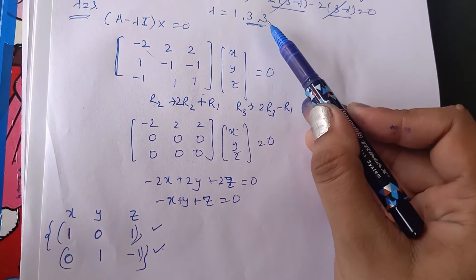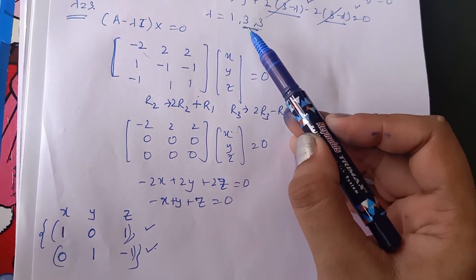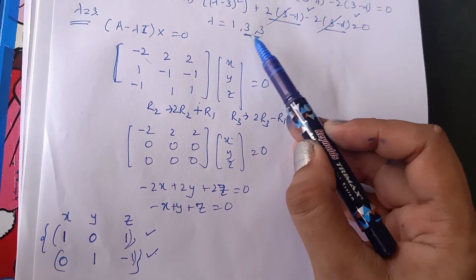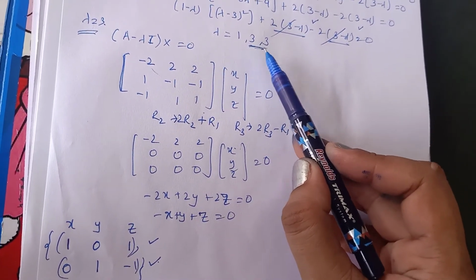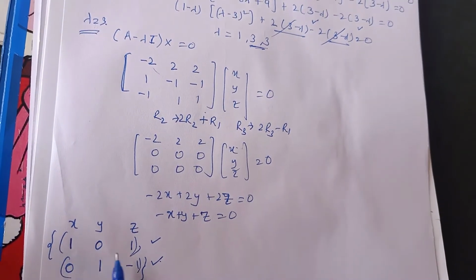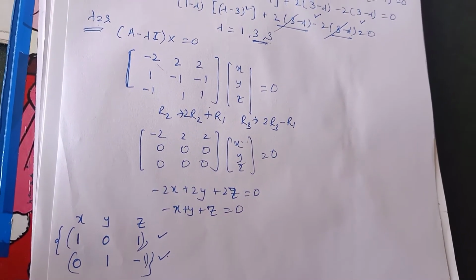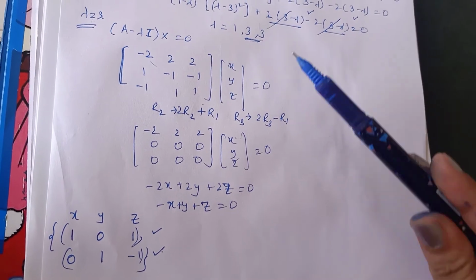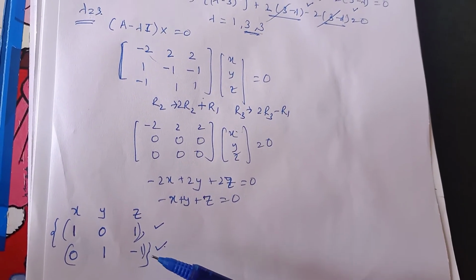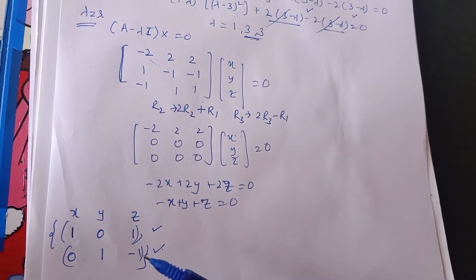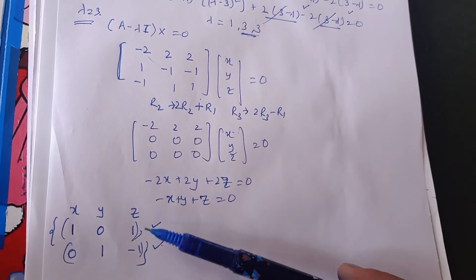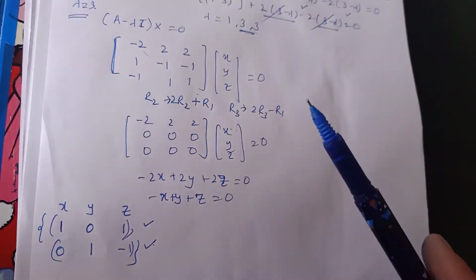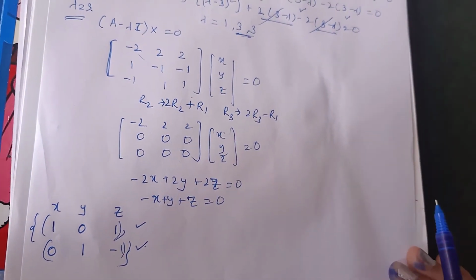The number of eigenvalues with the same quantity, in case of lambda 3, we have obtained this twice, 3 is repeated twice, so that was called algebraic multiplicity. The number of vectors in the eigenspace, that is known as the geometric multiplicity. So a matrix will be diagonalizable only when this algebraic multiplicity is equal to the geometric multiplicity. You can see a case where these two are not equal, then the matrix won't be diagonalizable. Alright, so in this case it is equal, so the matrix will be diagonalizable.